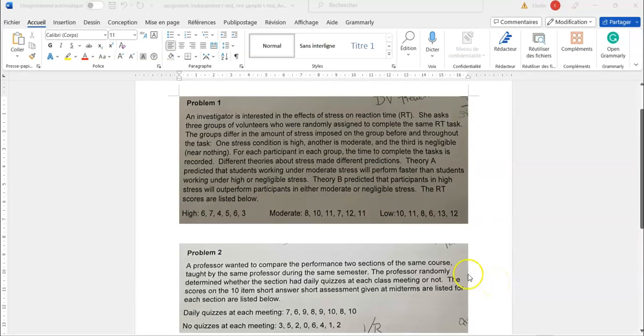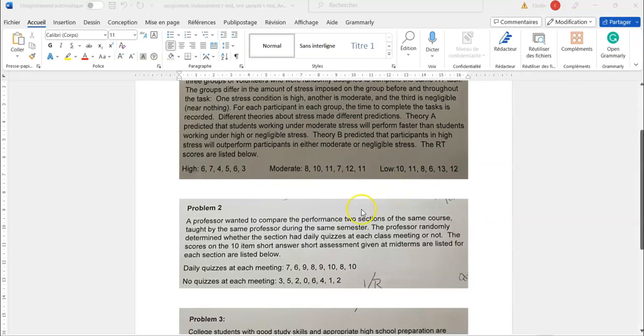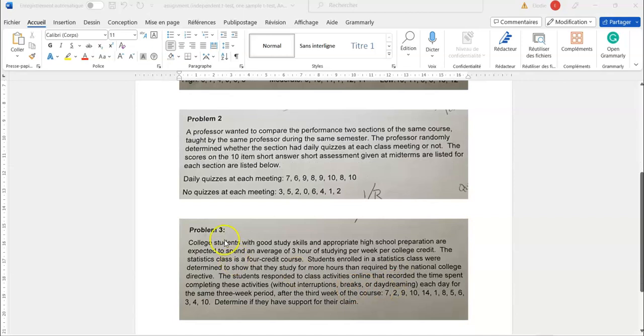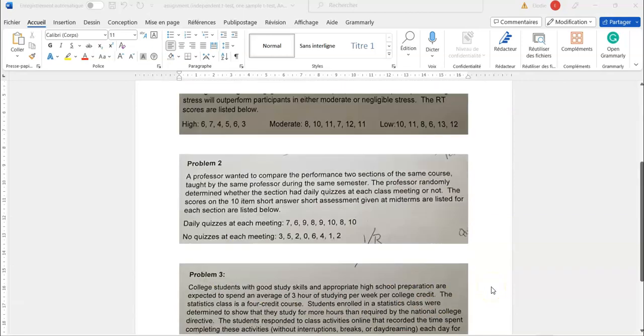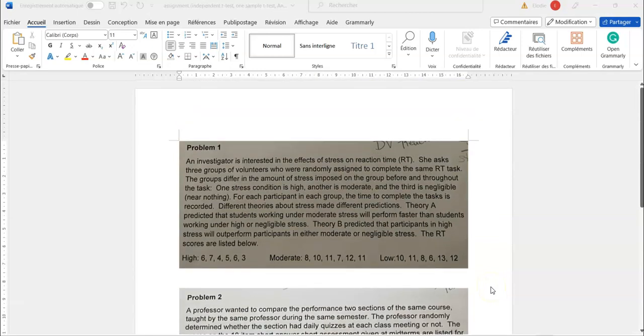You can see the first problem asks to run the ANOVA test, and the second one is to run the t-test. Problem 3 is about running the one sample test. We will cover them one by one today, and I will show you how you can input this information